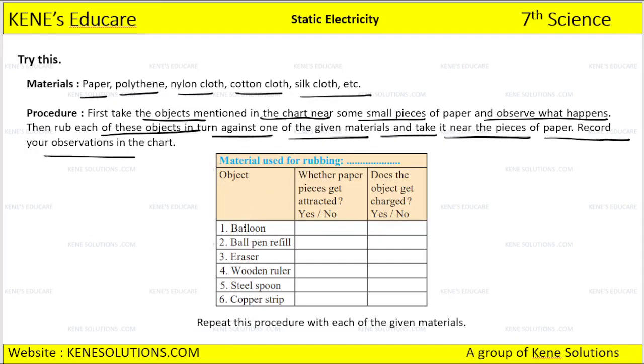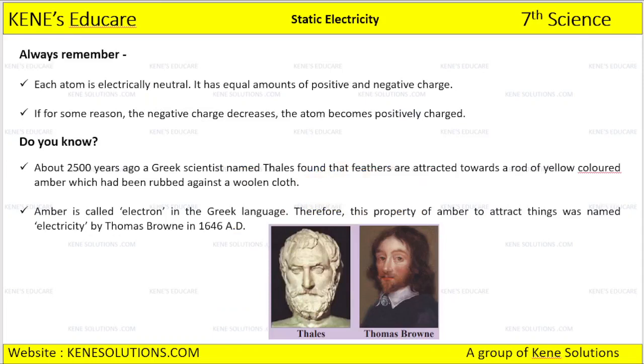Okay, तो balloon हमें consider करना है, ball pen refill consider करना है, eraser consider करना है, wooden ruler consider करना है, steel spoon consider करना है, copper strip consider करना है, और किस में rubbing के बाद charge create होता है वो हमें consider करना है। आप ये activity घर पे बैठ के भी कर सकते हो।